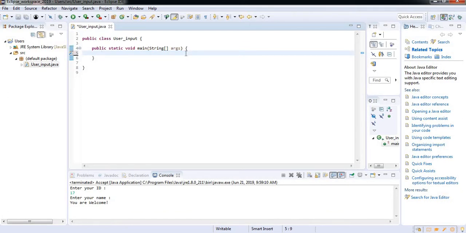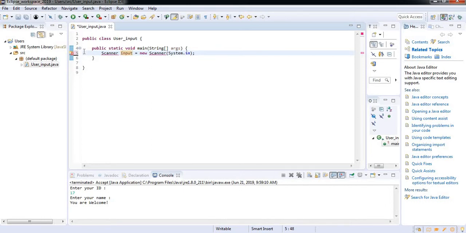So first we have to create an object that accepts input from the user. For that purpose, let's create that object, Scanner. Let's give this object the name input equals new Scanner, and then System.in. So this object right here, this object named input, will accept